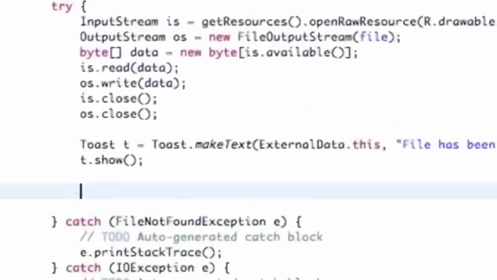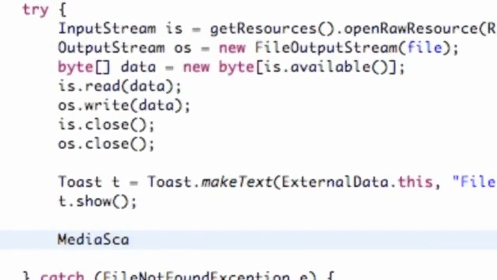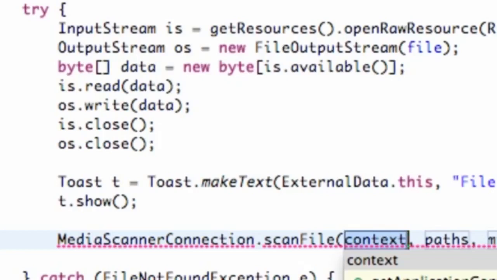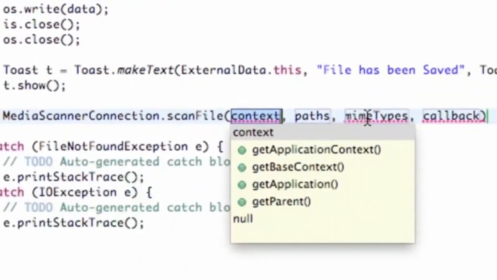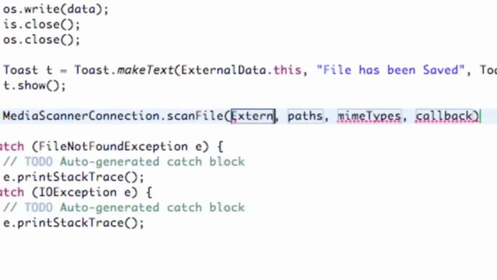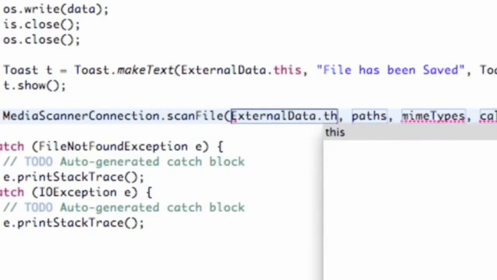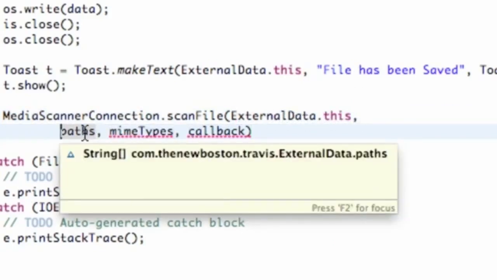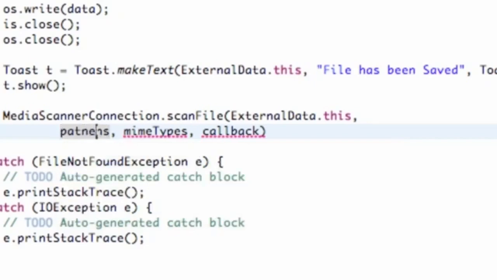So what we're going to do is set up a media scanner connection, or refer to that class, and we're going to hit .scanFile. As you can see, it takes 4 parameters. So for the context, we're going to say ExternalData.this. Again, ExternalData is our class name if you guys are just seeing this tutorial and haven't been following along. For our paths, we're going to create a new string